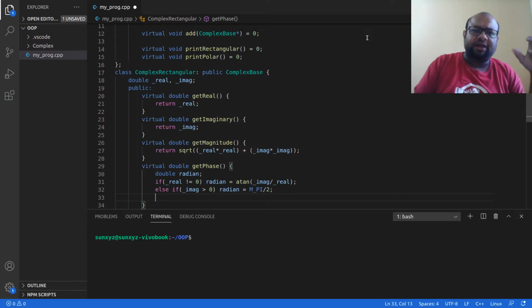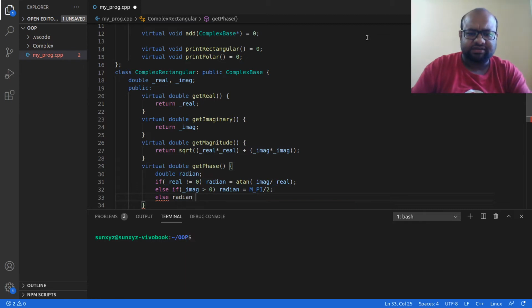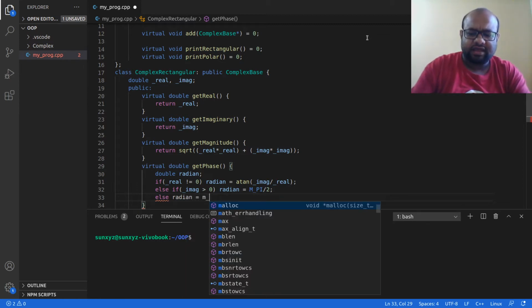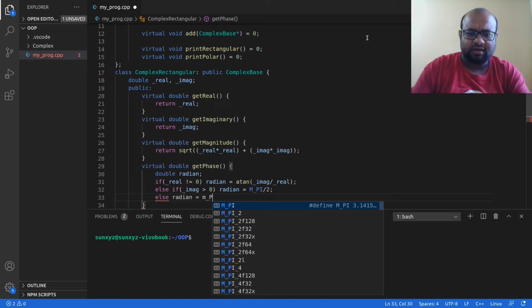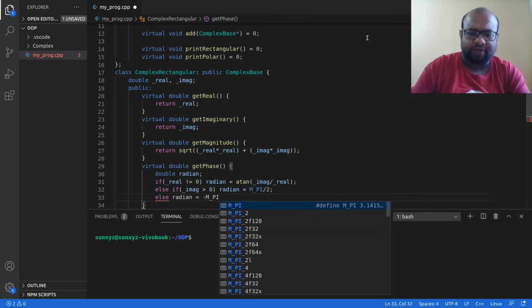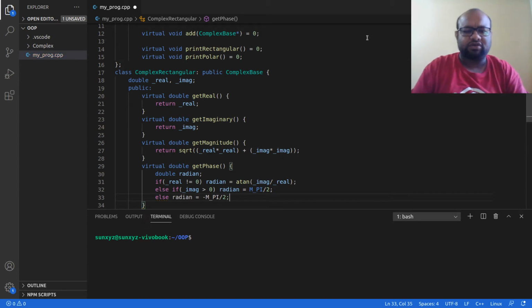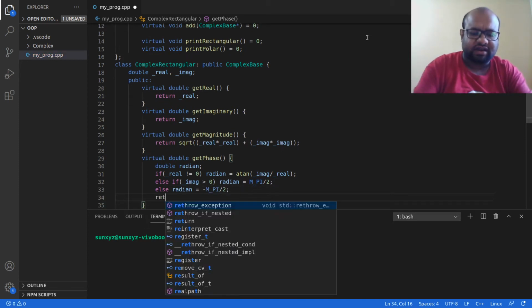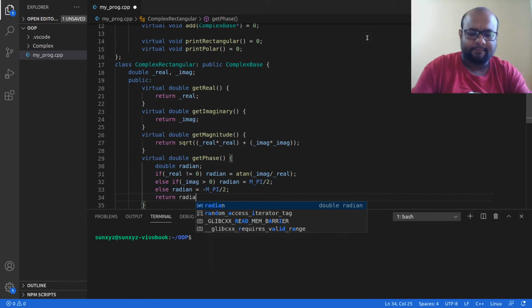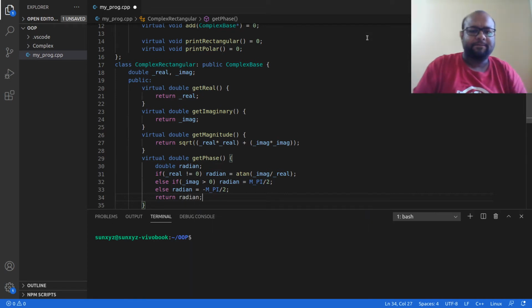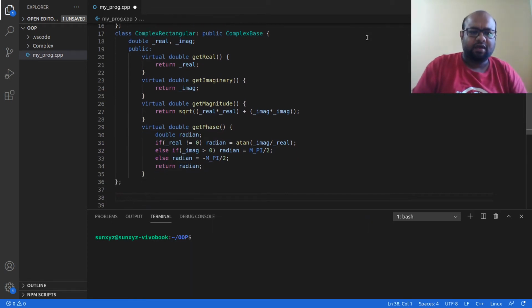If the imaginary part is greater than 0, then my angle is pi by 2, or else if it is equal to 0 or less than 0, then my angle is minus M underscore PI by 2. So this is how I get the angle in radians, and I return the angle.